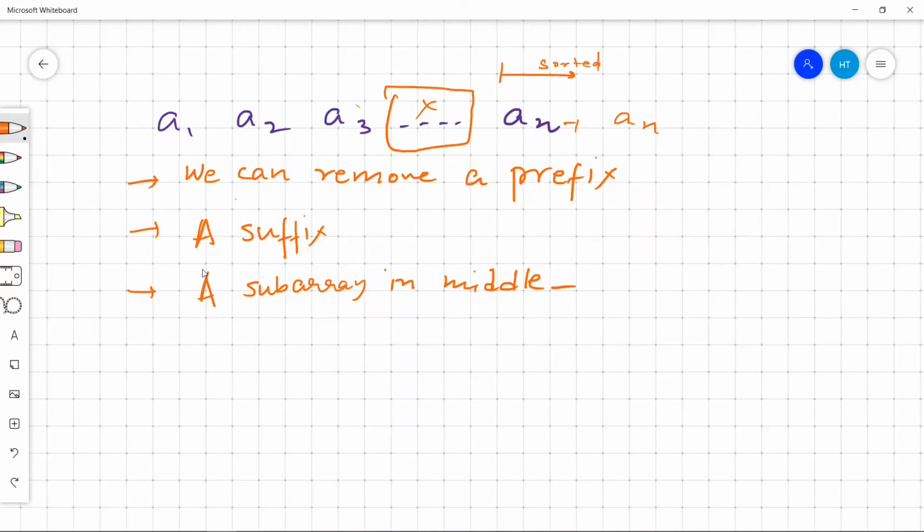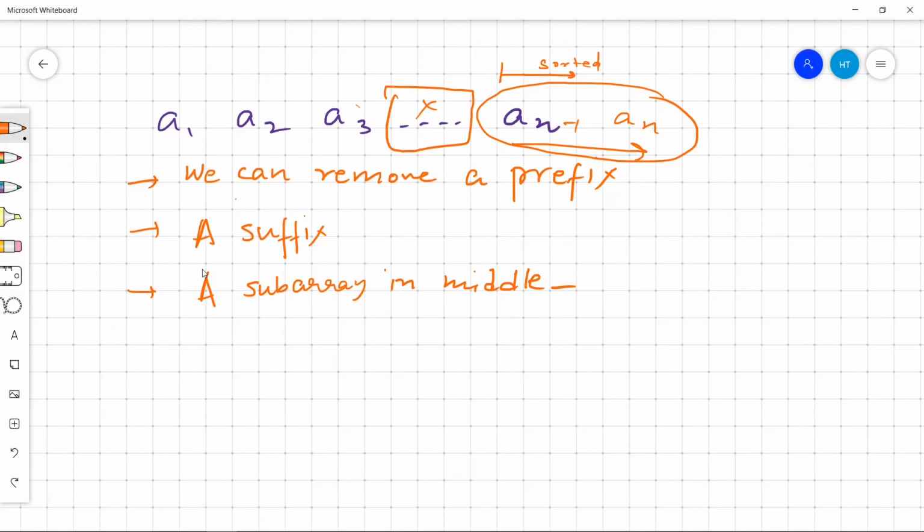Suppose AN-1 is greater than or equal to A3 and all the elements to the right of AN-1 are already sorted. We use the fact that these elements are already sorted and find the first element that is greater than or equal to A3. Then we can remove all the elements in the middle.